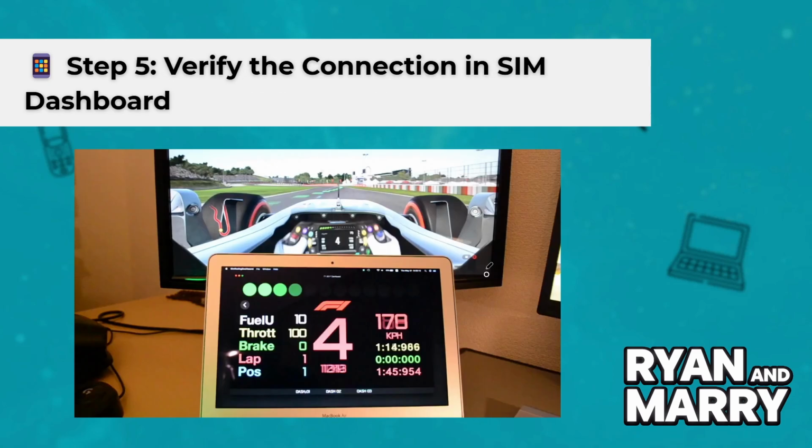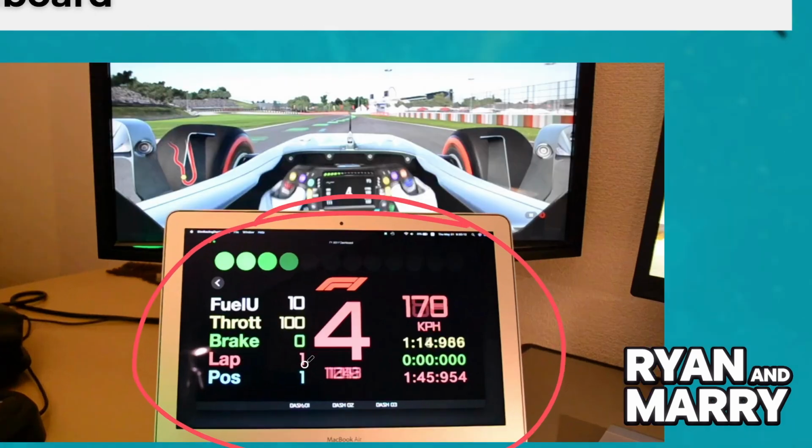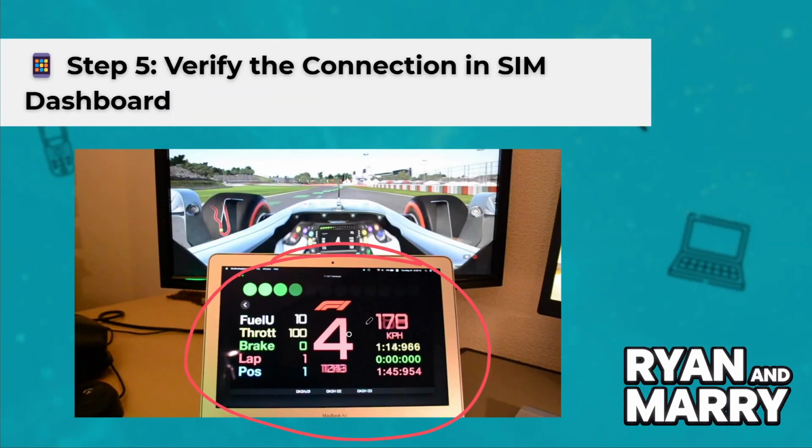Step 5. Verify the connection in Sim Dashboard. Return to the Sim Dashboard app on your mobile device. You should now see real-time telemetry data displayed. If not, double-check that both devices are on the same network and that the IP address and port settings are